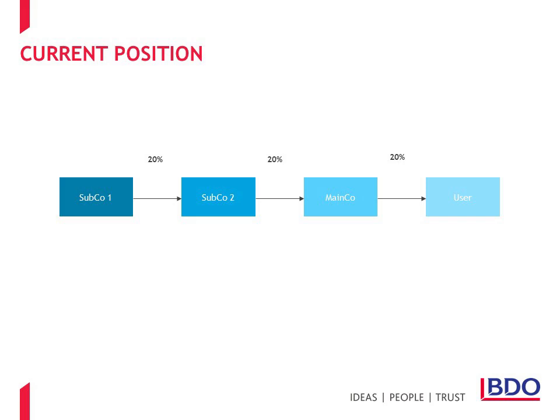HMRC understand that entities with low levels of VAT to reclaim, input tax, and high levels of VAT to pay, output tax, may charge VAT on sales and then fail to account for the VAT to HMRC, and instead abscond with the VAT. To put this into the context of our example, subcontractor 1 would charge VAT to subcontractor 2, but instead of accounting for the VAT to HMRC, would then retain it before disappearing as what HMRC refer to as a missing trader. HMRC intend to introduce the DRC to remove this risk.